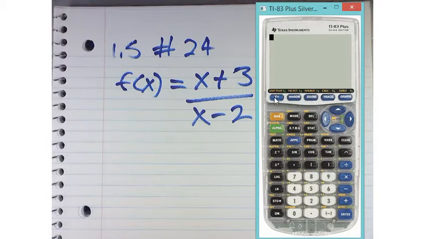So I'll turn on my calculator. Now remember, the numerator is a group, so I want to say x plus 3 in parentheses. Close my parentheses. Whoops, you got to hit the plus sign. X plus 3 divided by x minus 2. Oh, I must have worn out my plus and minus signs. All right, there we go. And so now if I graph that,